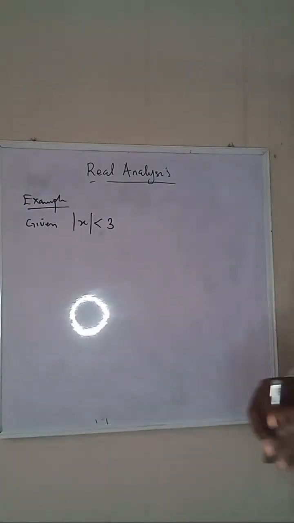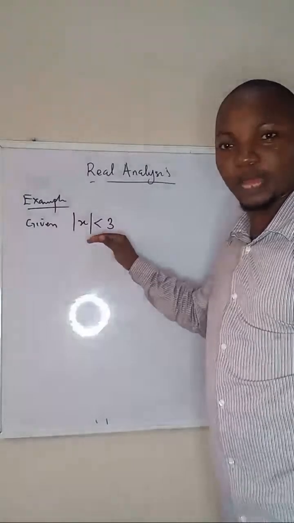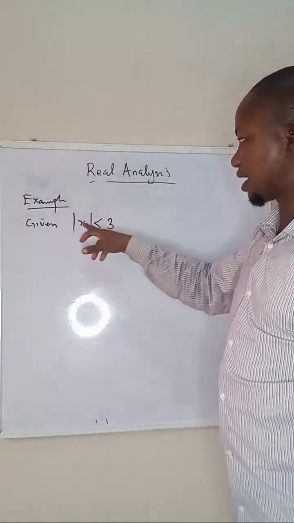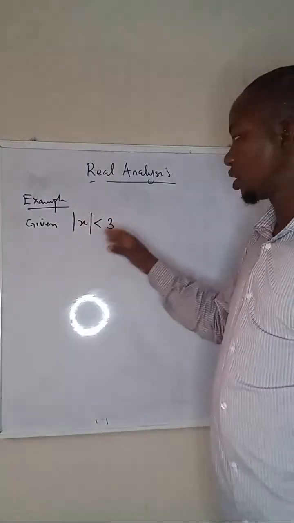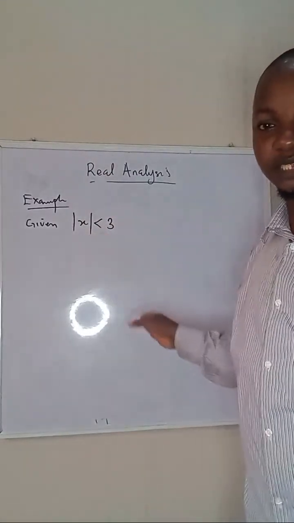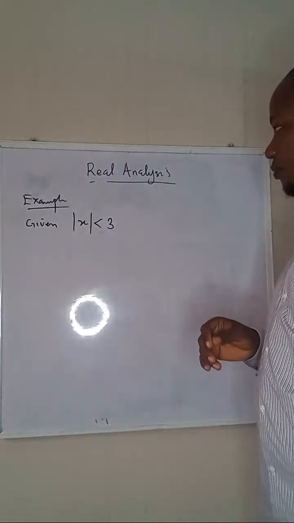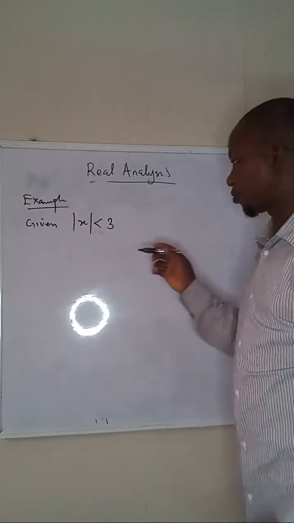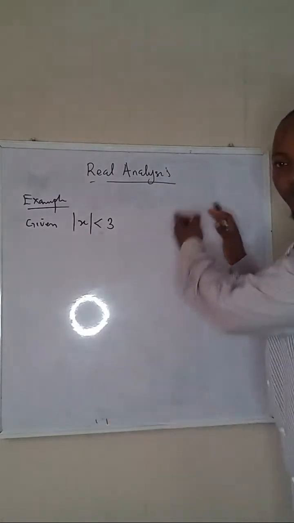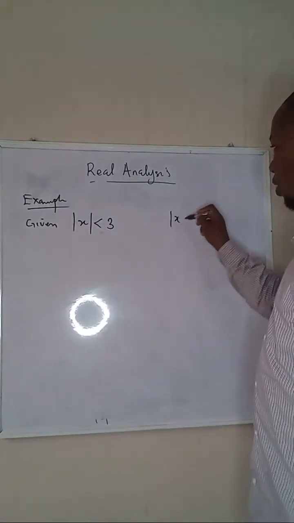If you are given, for example, a particular inequality of absolute value, that is, the absolute value of x is less than 3, how do we interpret this in terms of the formula we discussed earlier? According to the formula, let me just recall the formula somewhere here, then I will use that to interpret this. We have said that